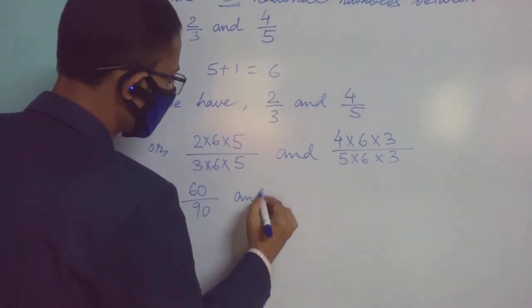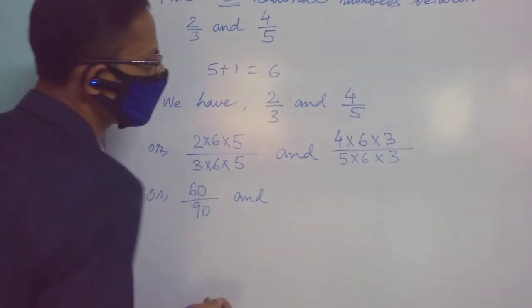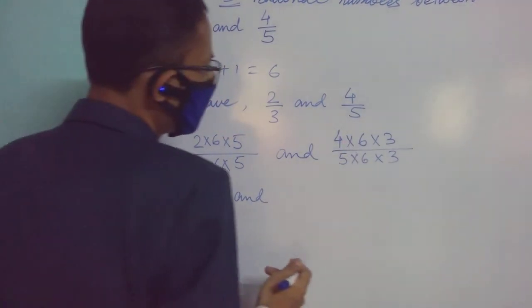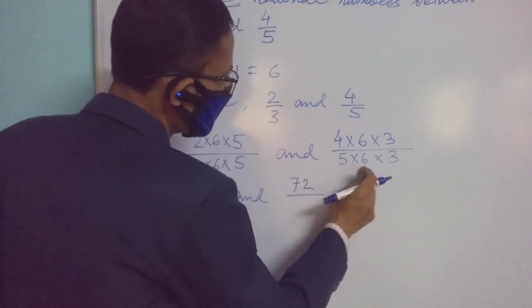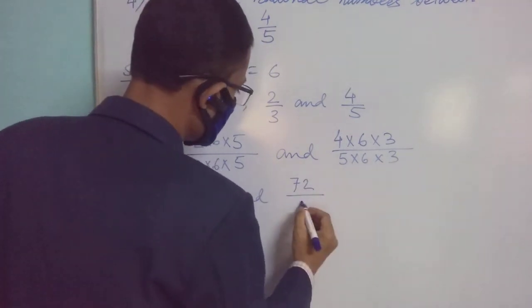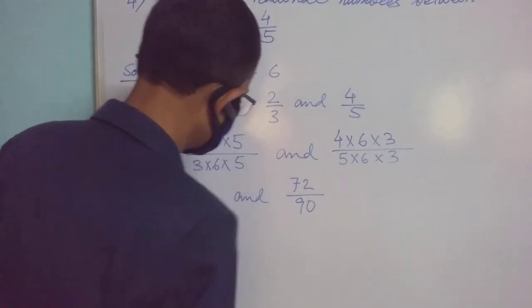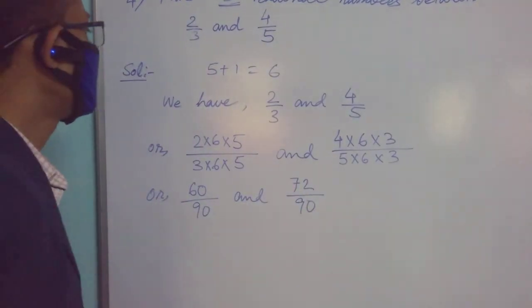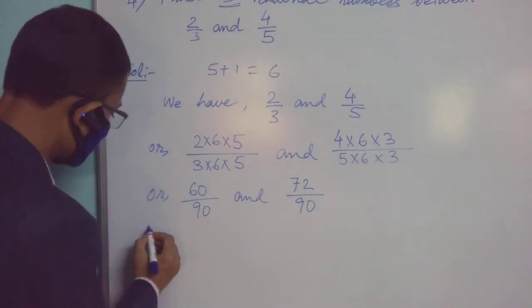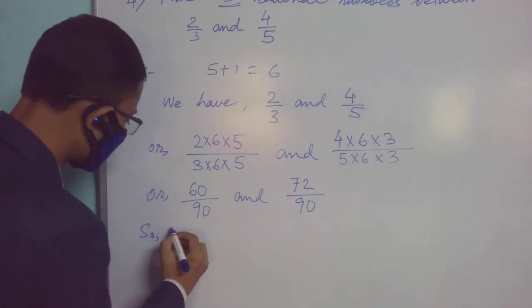and 4 6 is 24, 24 3 is 72, 5 6 is 30, 3 3 is 90. Now we have 60 by 90 and 72 by 90. Then you will write down. So 5 rational numbers